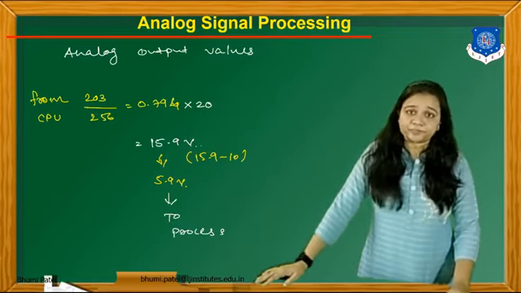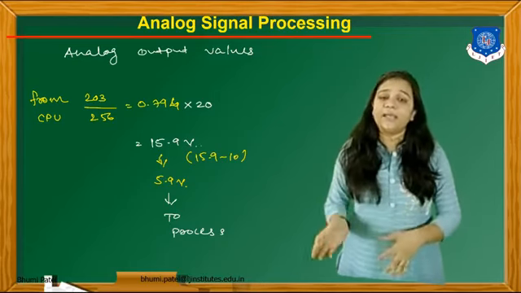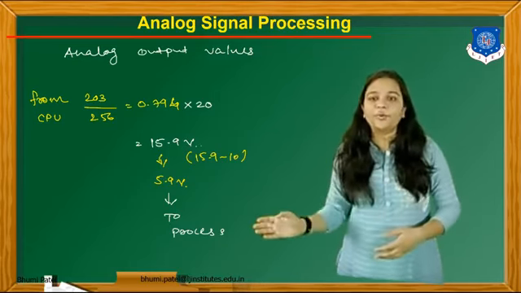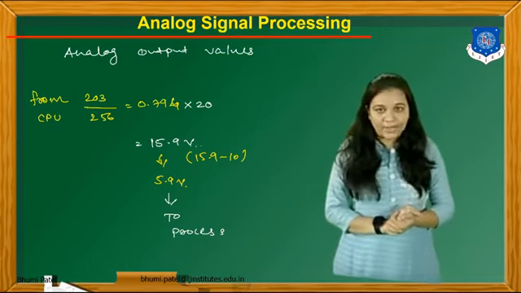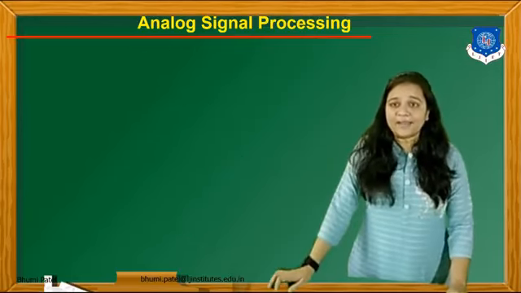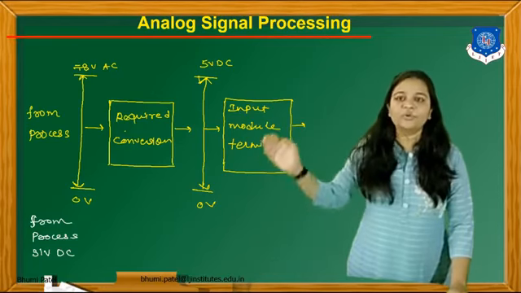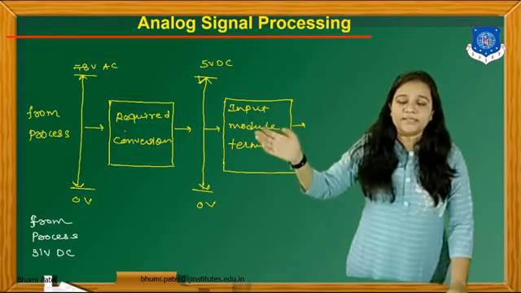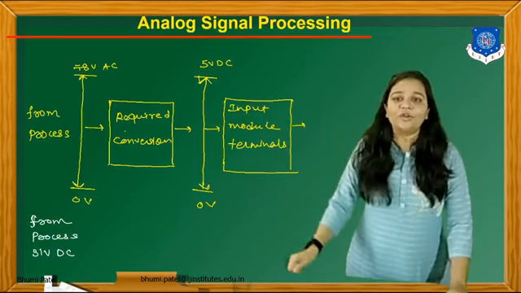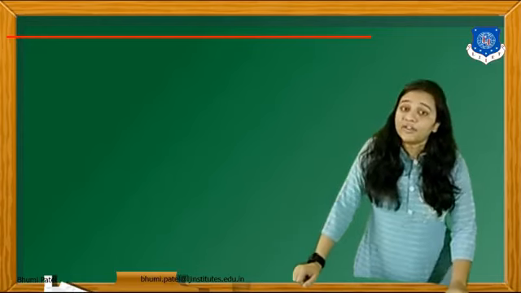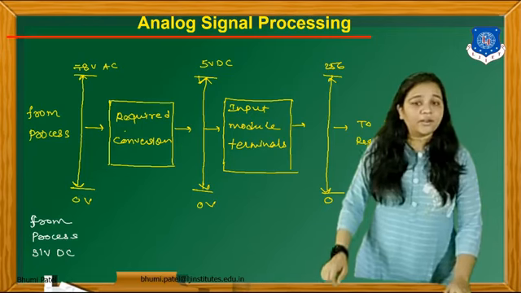So using the analog signal processing, we can easily trace any number for this particular input module, and we can easily find out the analog output value. Okay, the changes are like that. They will change the input terminals, like 0 to 78 volt AC, instead they will give another value. Same like they will change the DC value like 0 volt to 10 volt, and they will change the bit. Here 2 raised to 8 is given, an 8 bit number is given.